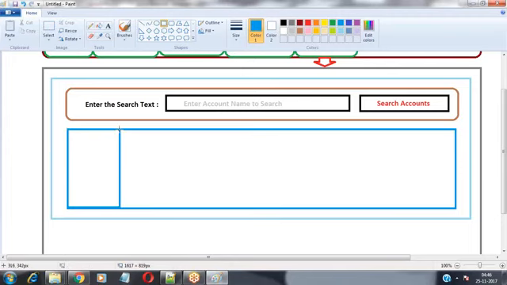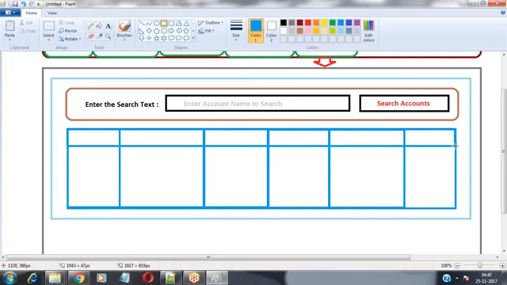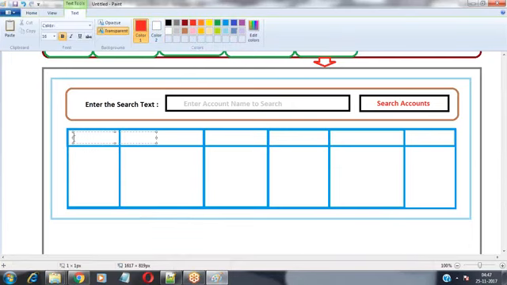In the tabular format, he asked me to display the record information: the account ID, the account name, the industry value, the rating value, annual revenue, and the active status. These are the columns he is expecting.